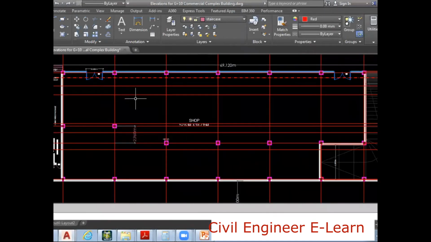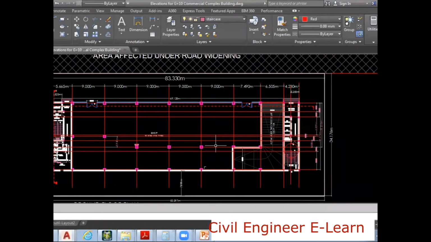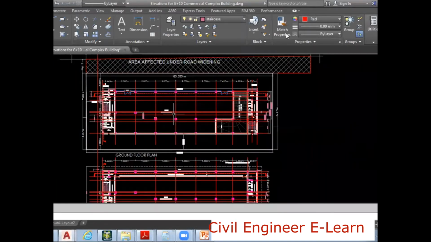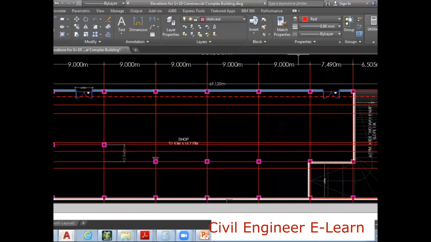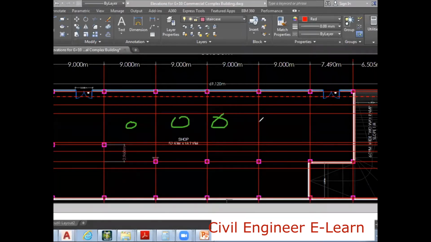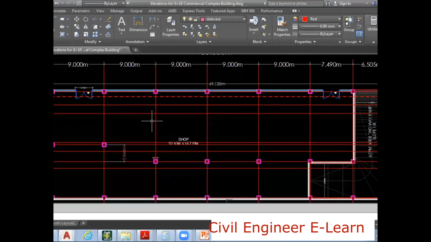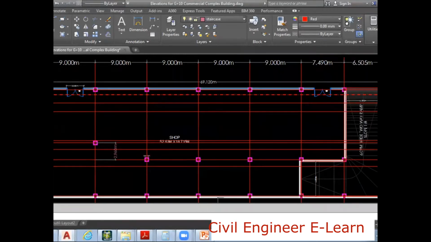Did you notice that we don't have columns here? We have no columns here. But these columns we have are the basement levels only. The intention is that columns located at this level should not be continued to